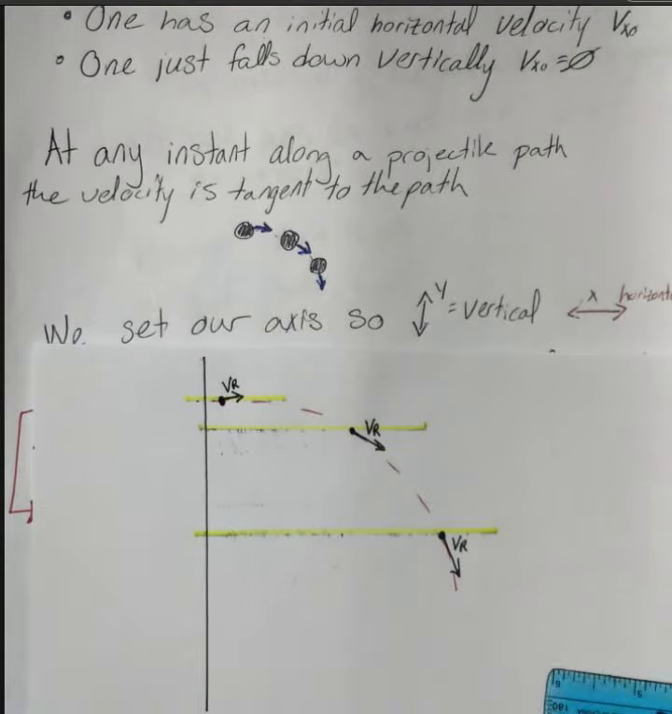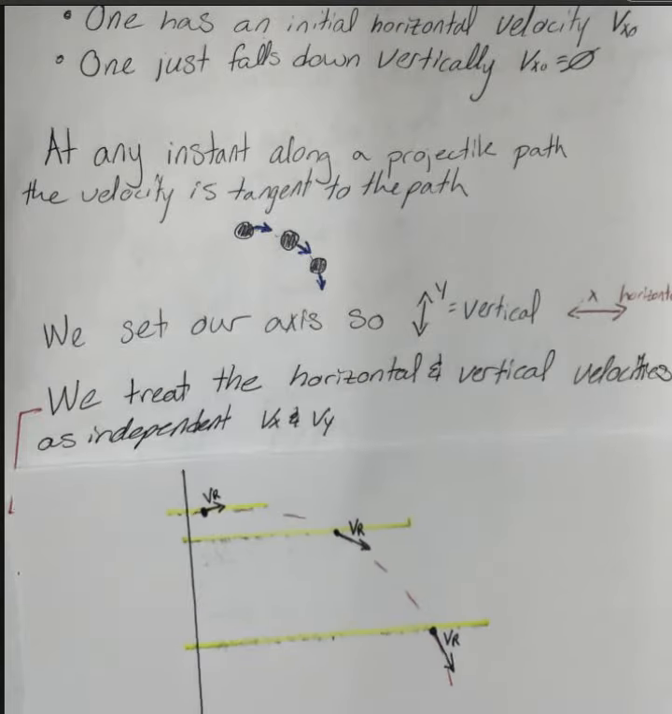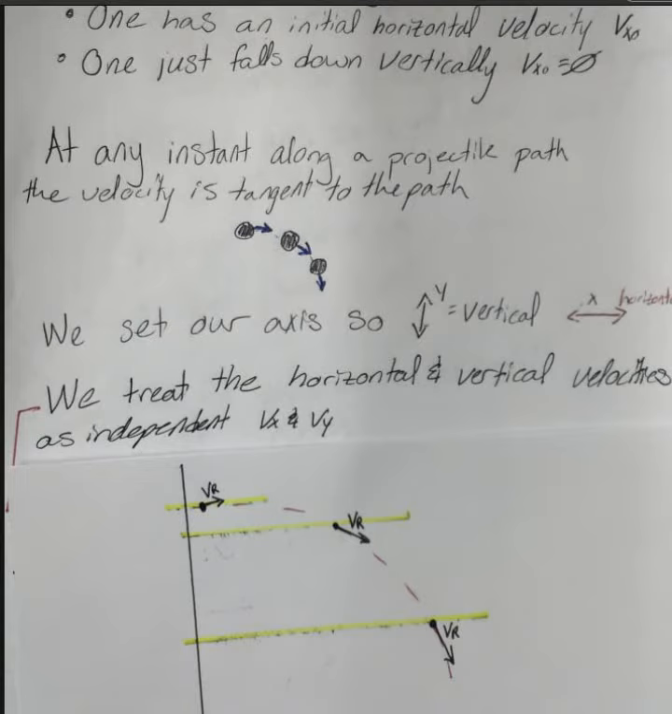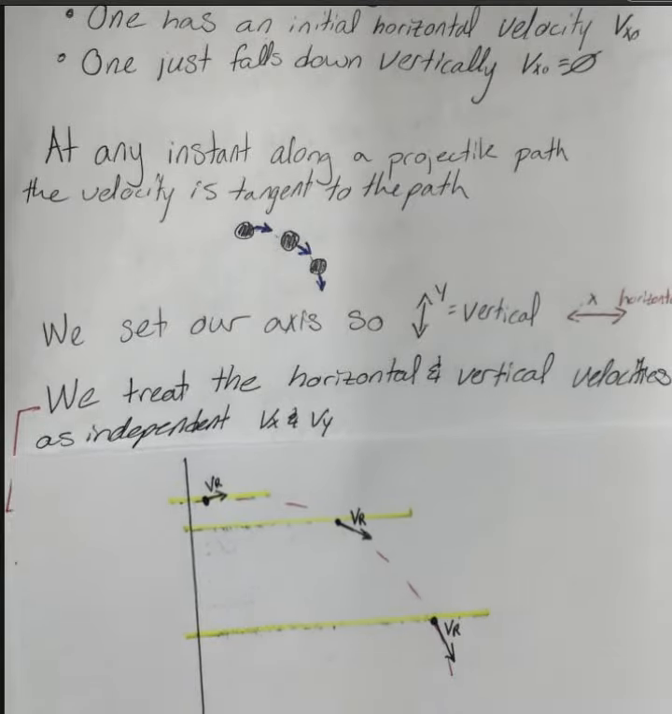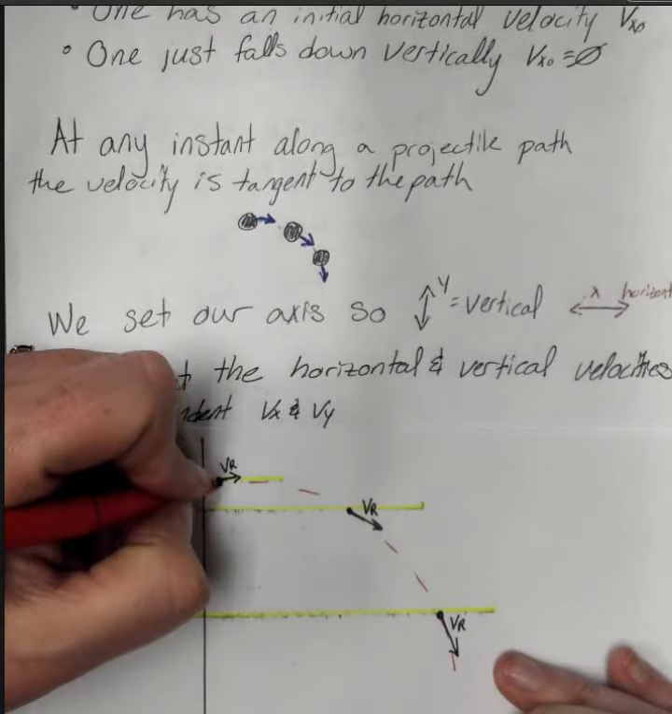Or we could set one axis. But we do know that the y-axis is vertical and the x-axis is horizontal. And we can treat horizontal and vertical velocities as independent, right? We know that for each of these instances, it's going to be moving,